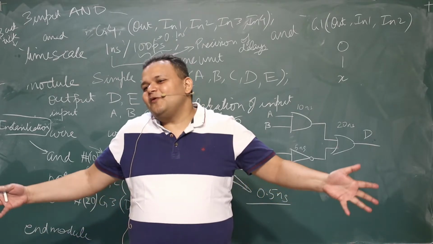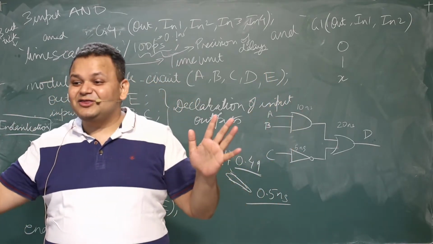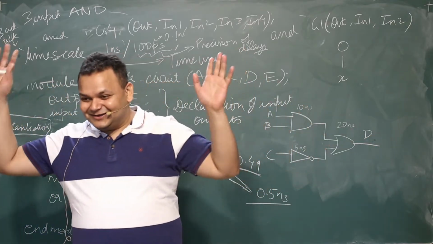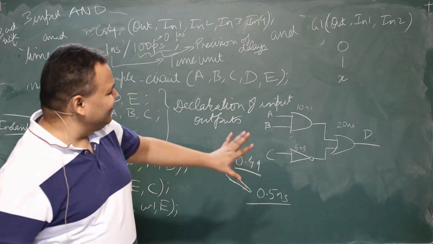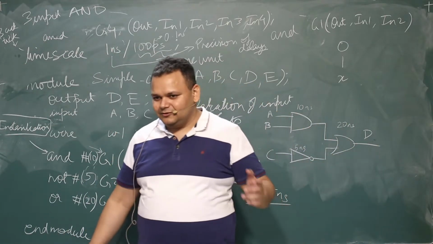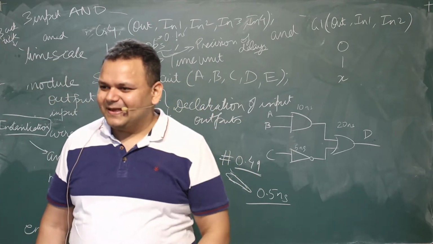The simulator has no way of knowing it. When you turn the circuit on, what happens between those 30 nanoseconds is entirely up to the circuit and the gods. There is no way for us to predetermine what the value of D is going to be. Do you understand what I'm saying? Paritosh, or no? Yes, sir.